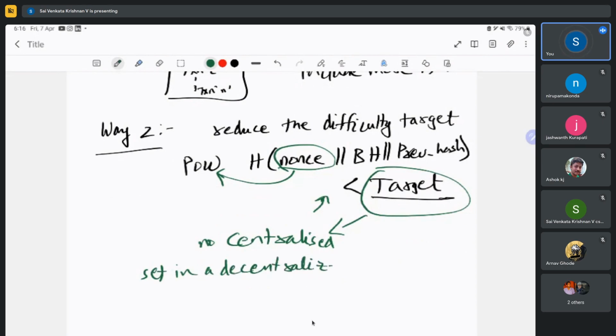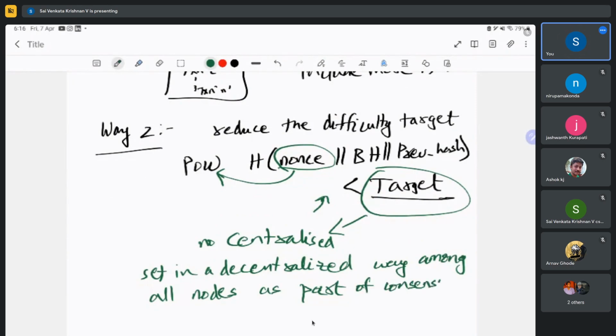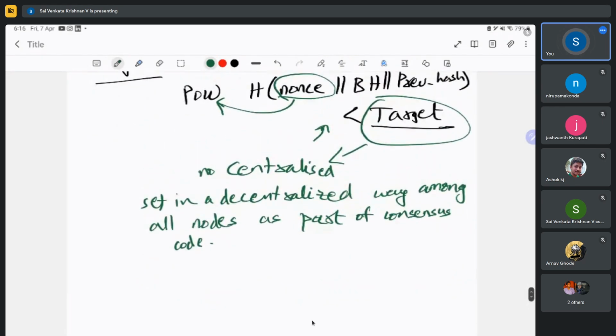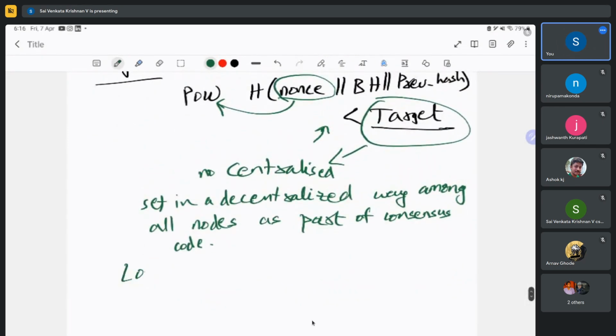Set in a decentralized way among all the nodes, as part of the consensus protocol itself. And how the target is set is, it just looks at the last 2048 blocks, and